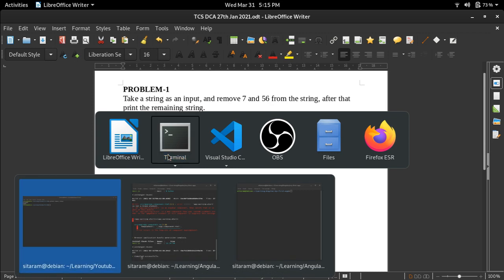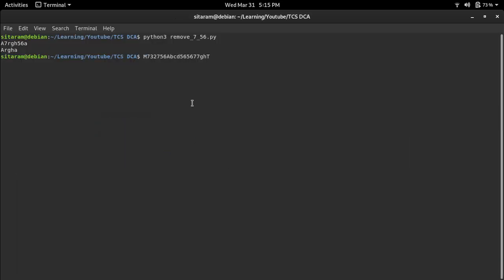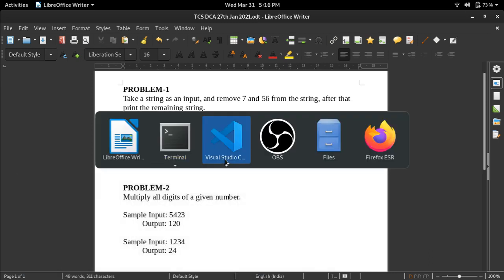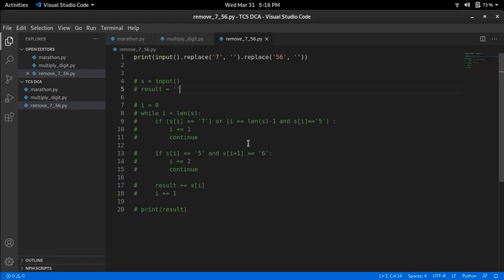Let's check for the second input also. We can see that the output is M32 ABCDGHT. So this is how we can solve the problem in just a single line.